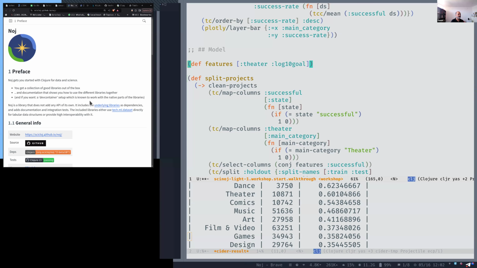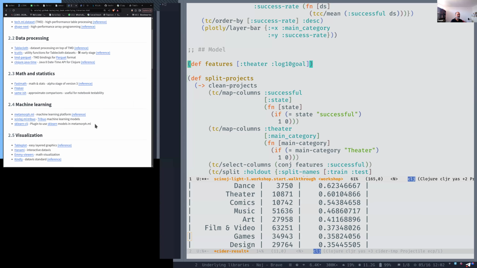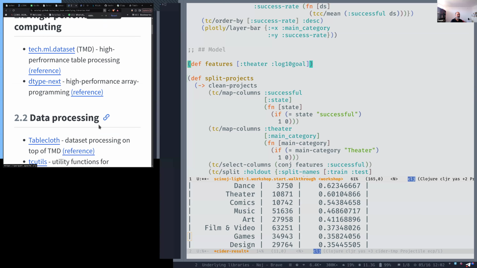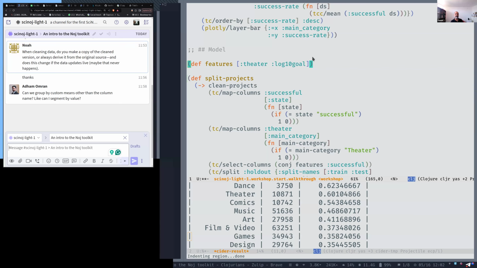In the SciNoj toolkit, one of the underlying libraries is Metamorph.ML, which is a machine learning platform that allows you to do much more than whatever we'll demonstrate now. And in the SciNoj documentation, you will find a few tutorials on that. What we'll do now is just a tiny little taste of that, and is not as sophisticated as what Metamorph can do. And yeah, so first, let us say that we wish to predict whether a project will be successful or not using